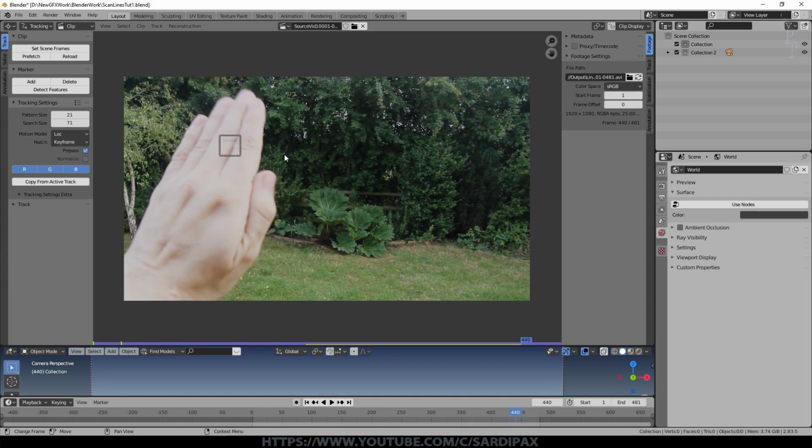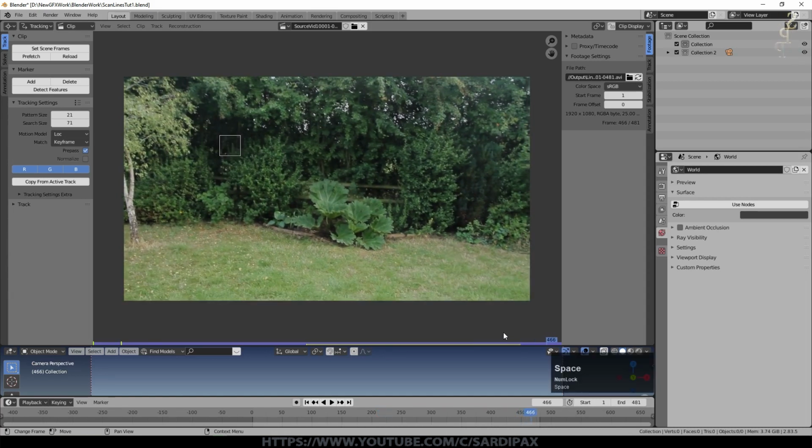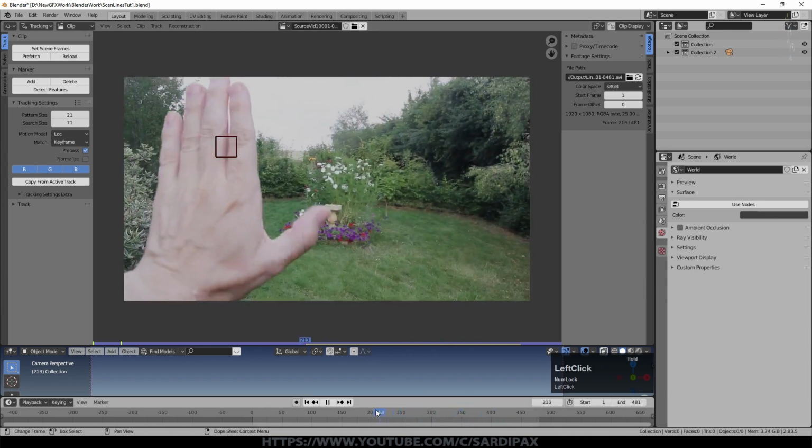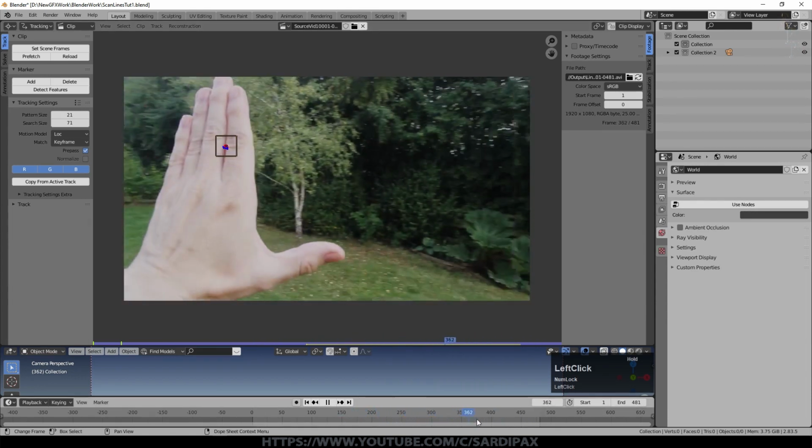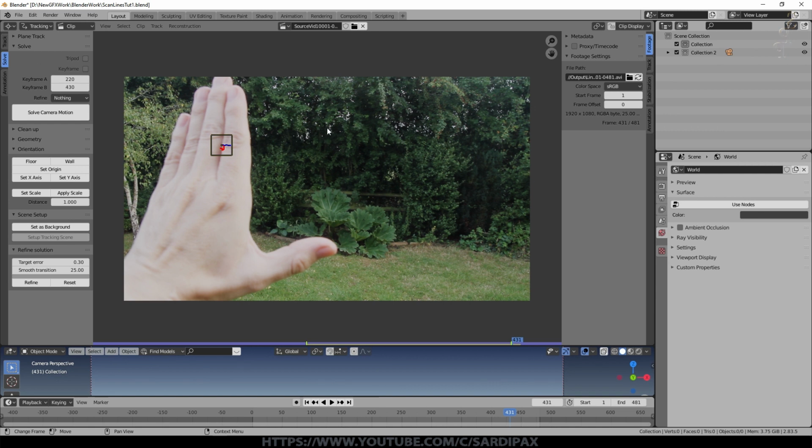And then when I move my hand, it disappears, and that's absolutely fine because I only need the track for those points. So you can see that wiggly line indicates it's now tracked it. Now, if we wanted to do a proper camera solution to fully track this scene so that we could put something in the scene, we would need at least another 7 tracks, and they'd need to be in the surroundings rather than the hand. We're not worried about doing that. That's not what we're doing with this one.